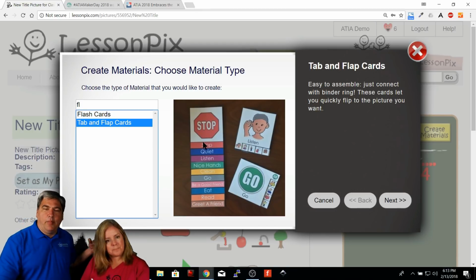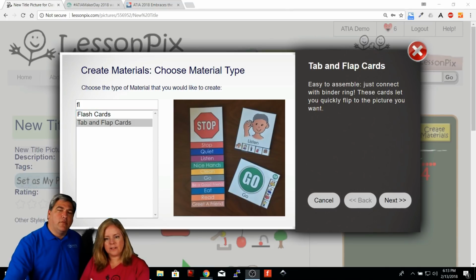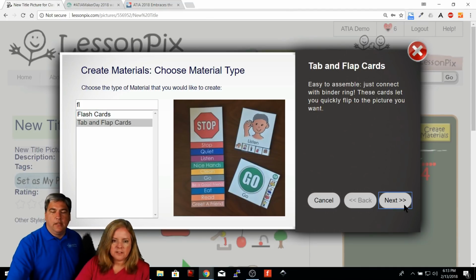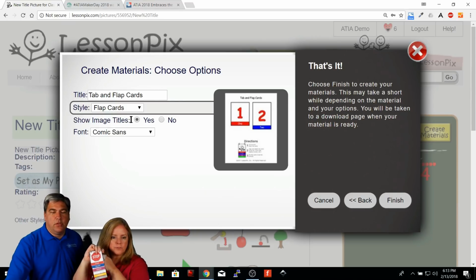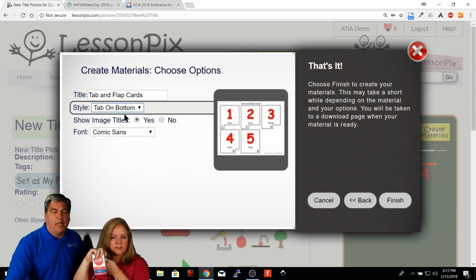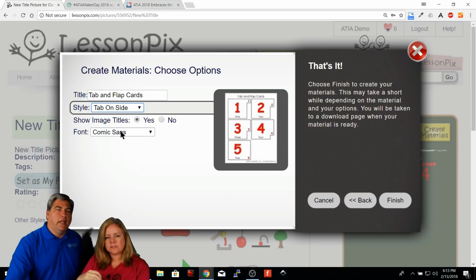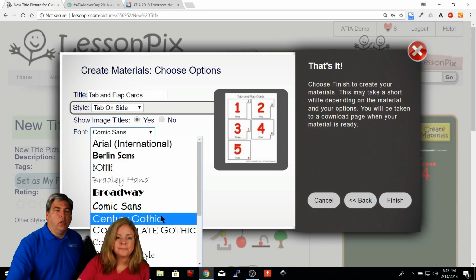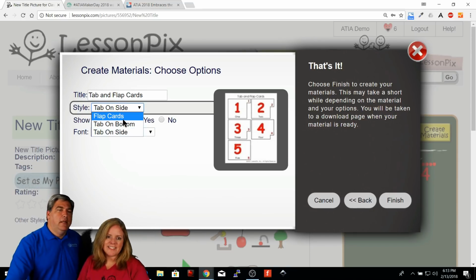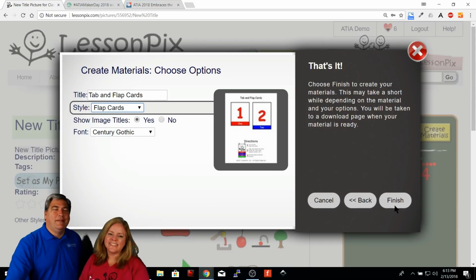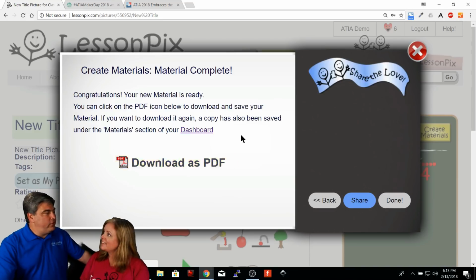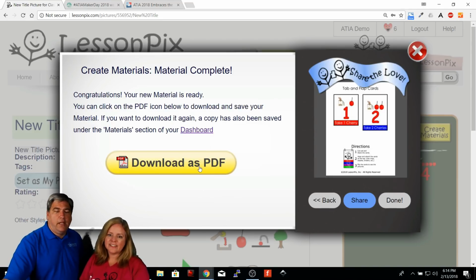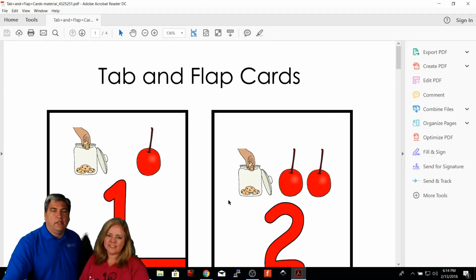And you can ask it how many. It'll automatically guess from the number you have in the tray. You don't need to make this many. You can make fewer. So there's flap cards, or tabs on the bottom, or tabs on the side. I'll change your font because we all hate Comic Sans. I like Comic Sans. I know you do. It doesn't need to be the default though. So it'll make them, and you'll see they have different instructions, and they will have different amounts of space for each card.